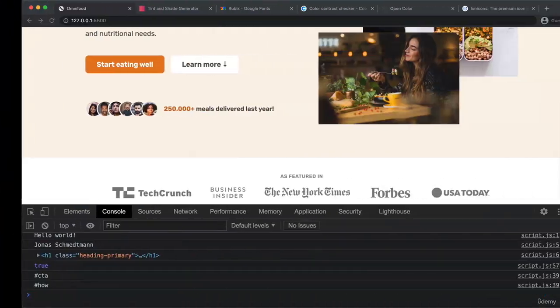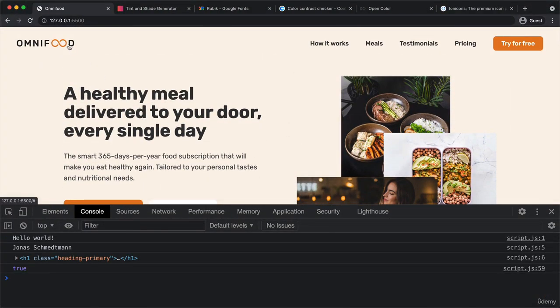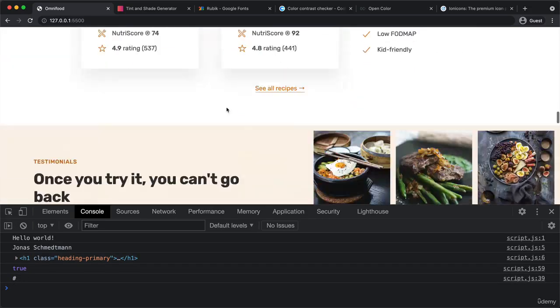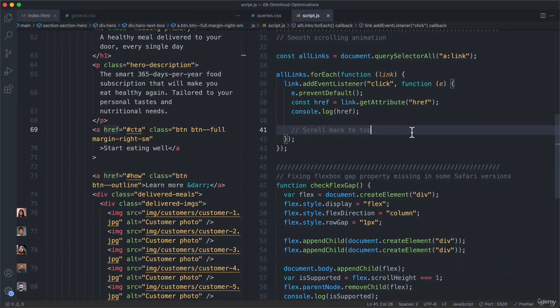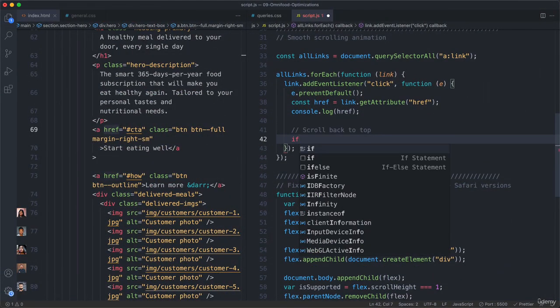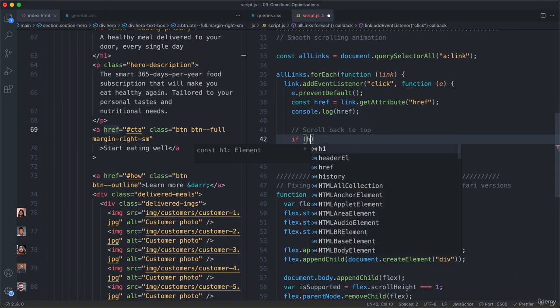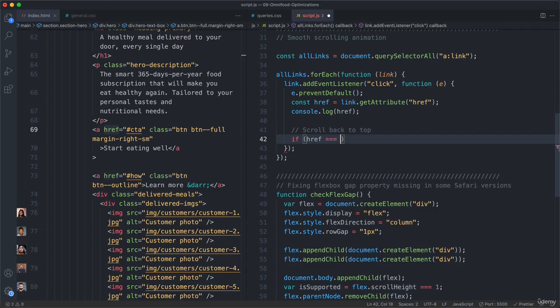So scroll back to top. Those are these ones here. So this link, for example, which has just the hash, and also the one here in the footer. So this one is also just hash, right? And so this one and the one at the top, we want them to scroll back to the top. So we can say if the href is equal to just this, so what we just saw in the browser, then